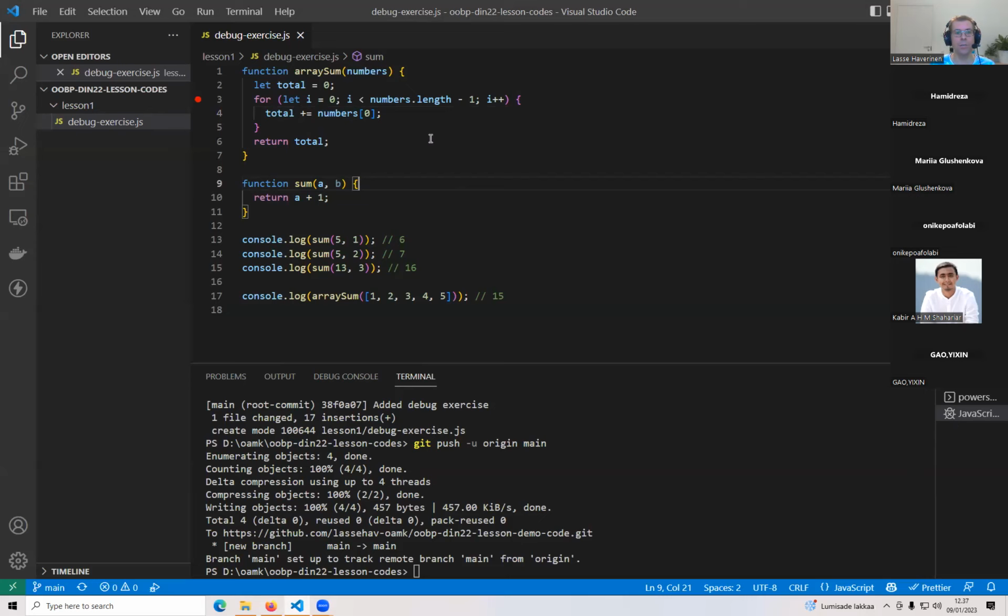The debug exercise.js looks like this. There are two functions here. This is not yet about object-oriented programming. These are about the prerequisite skills. You remember variables, control flow statements, and then functions. So here we have a function called sum. The purpose of this function is to calculate the sum of the two numbers given to it as parameters, parameter A and parameter B. So here we can see, if we have tested, we can run this here, node